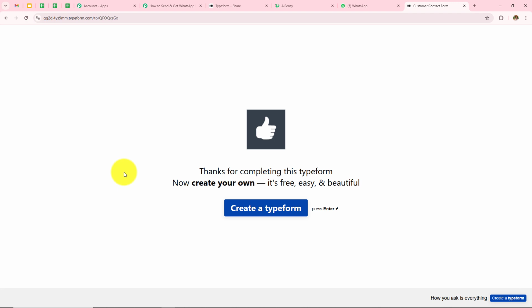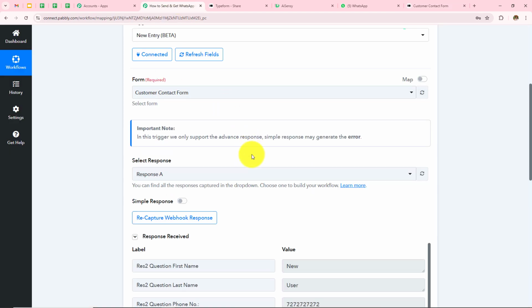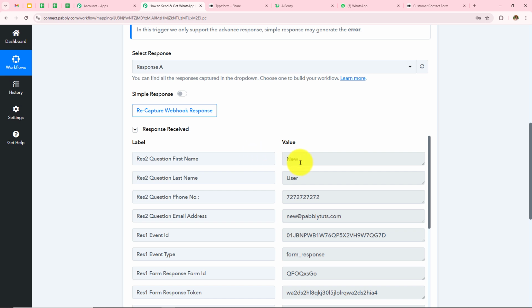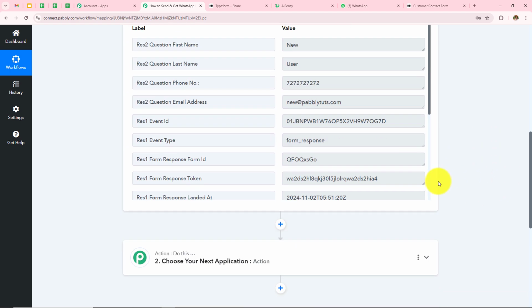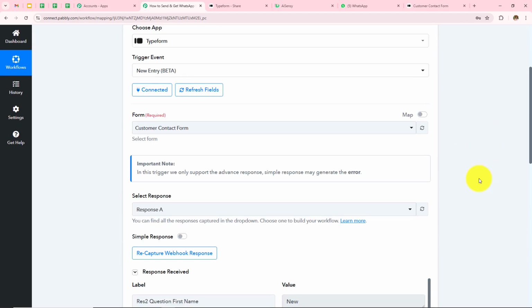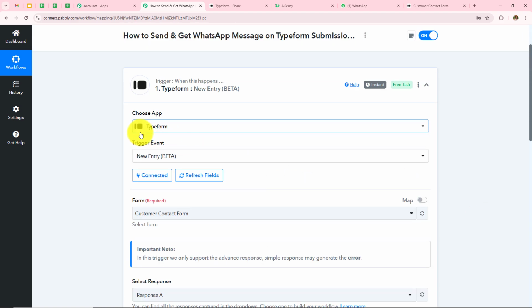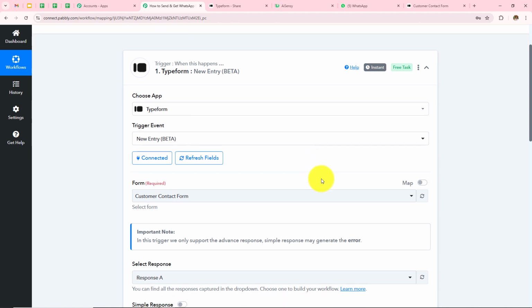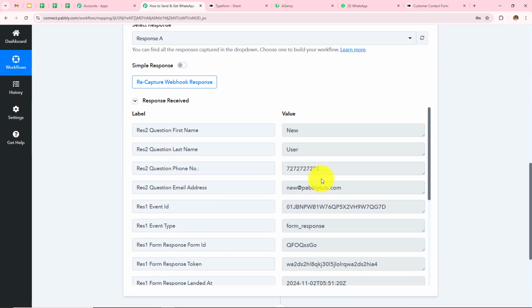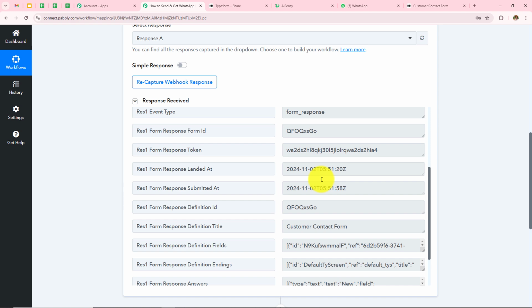So as soon as I've submitted this form, this detail should be captured in my Pabbly Connect. So let's open my Pabbly Connect and I can see I have instantly received the response. The first name is new, last name is user, phone number is this, email address is new@pabblytudes.com. This means I have received the response in my Pabbly Connect and the connection that we have created between Typeform and Pabbly Connect is successful, and now whenever someone will fill the form, I will start receiving that response